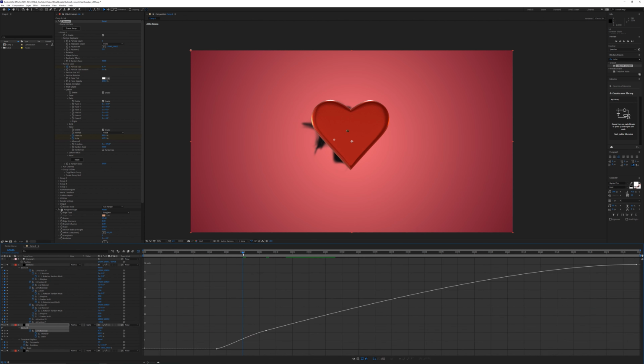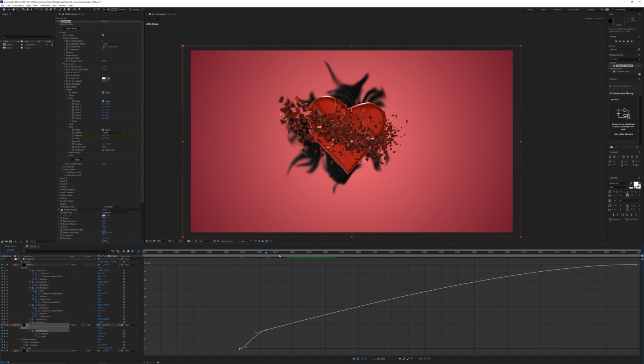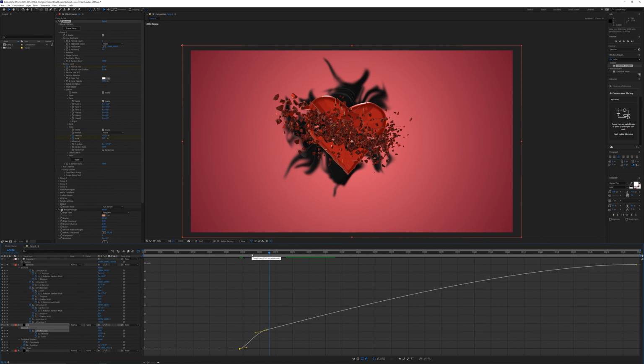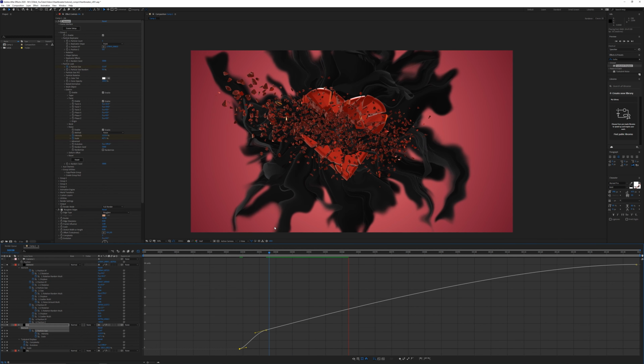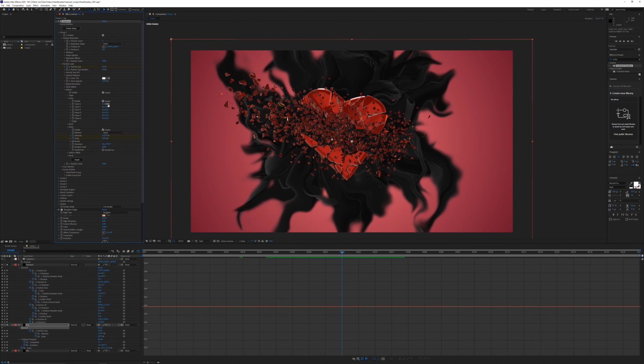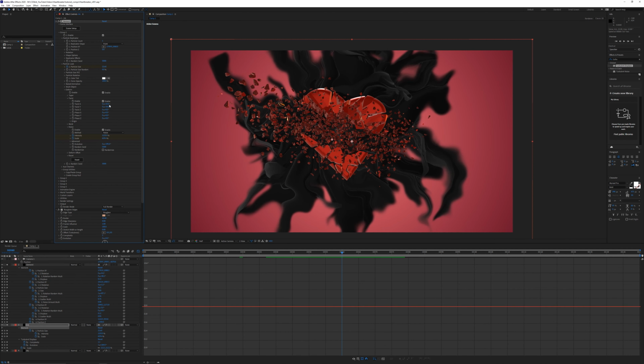And again, with the particle size, I'm just going to move this over just so it's much smaller at the very beginning. And of course, you can play around with this for quite a while, getting something really interesting. And every time you do this, it's going to be a little bit different, but I think it's a pretty interesting effect. You can also animate this twist X parameter. I would recommend just doing it very, very slightly, but it's something else that you can do as well.